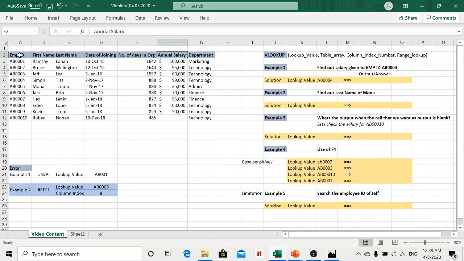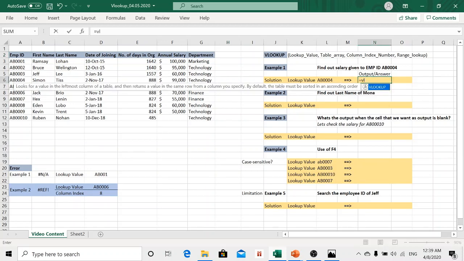Okay. Now what is range lookup? This is a boolean value. We want to get the exact match, or exact salary, of this particular employee. So the boolean value that we are going to input as the fourth parameter will be either 0 or false. Now that we have identified the parameters that we have to enter in VLOOKUP, let's try out the formula. Equal to VLOOKUP